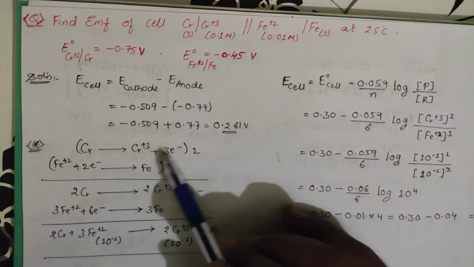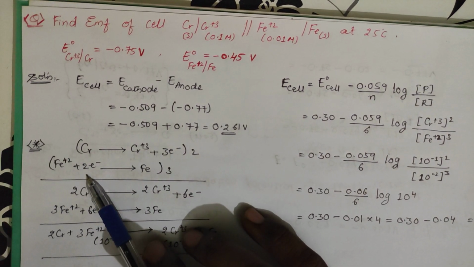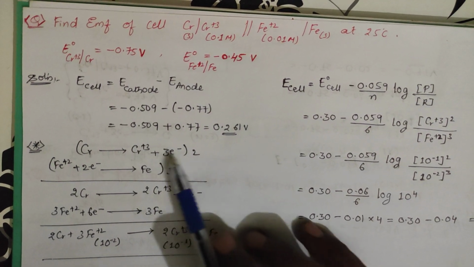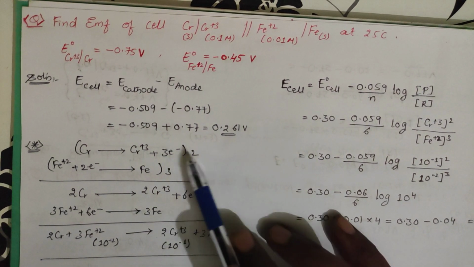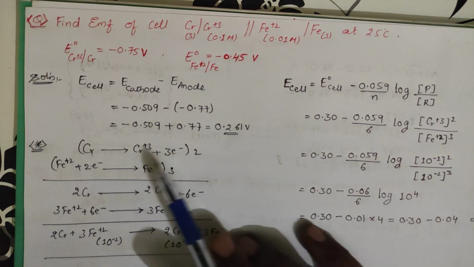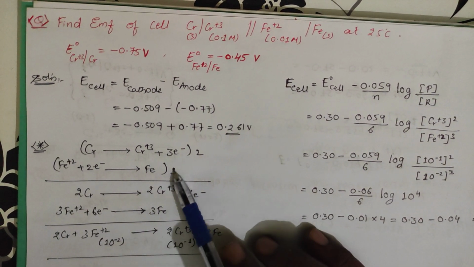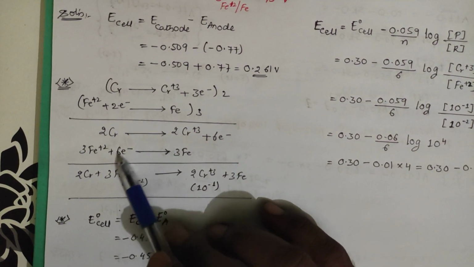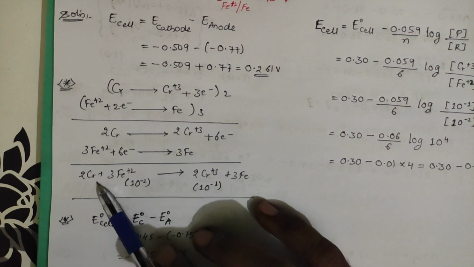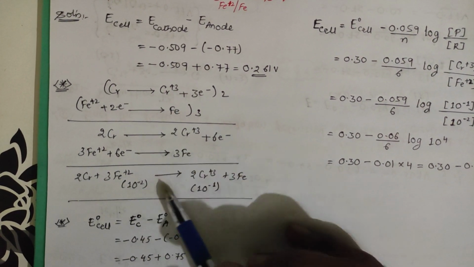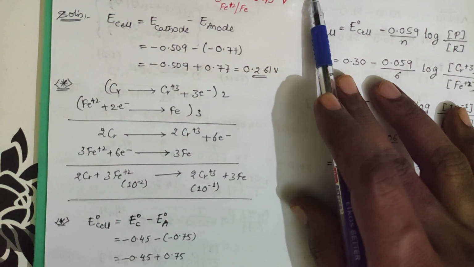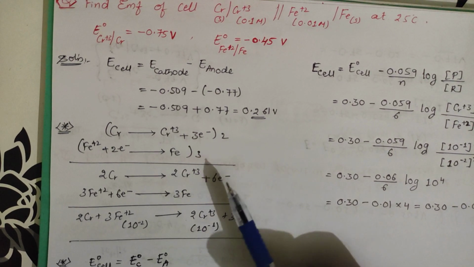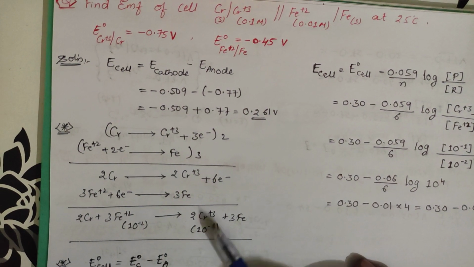So what happens? You multiply this entire chromium equation with 2 because you are having 2 electrons, and you multiply this iron equation with 3 because you are having 3 electrons with respect to chromium. So what happens? 2 times of chromium, 2 times of chromium plus 3, 6 electrons. Now if you multiply with 3 with iron equation, so 3 Fe plus 2, 3 2s are 6 electrons as well as 3 iron. So if you sum up these two equations, what happens? 6 electrons will be cancelled. 2 chromium plus 3 Fe plus 2. You know the Fe plus 2 concentration, this is 10 power minus 2, right? Getting converted to 2 chromium plus 3 plus 3 Fe. Chromium plus 3 concentration also you know. This is 10 power minus 1 or 0.1.